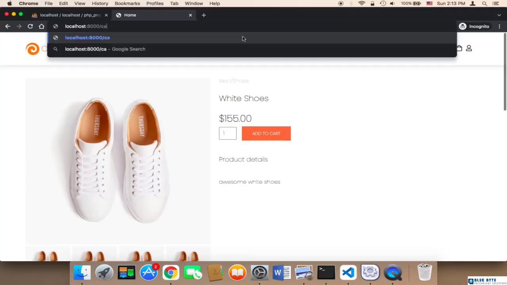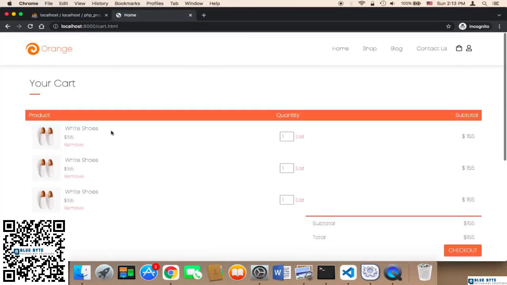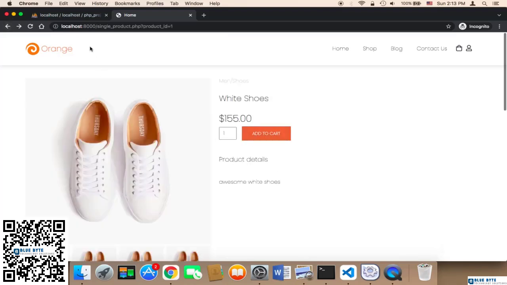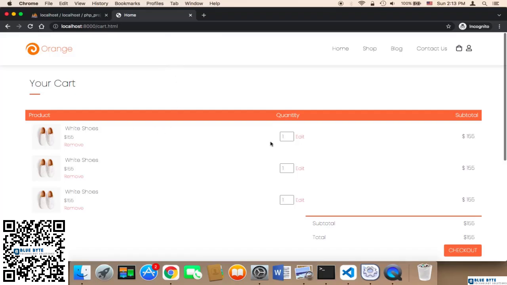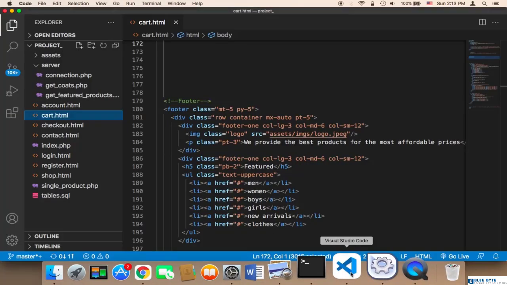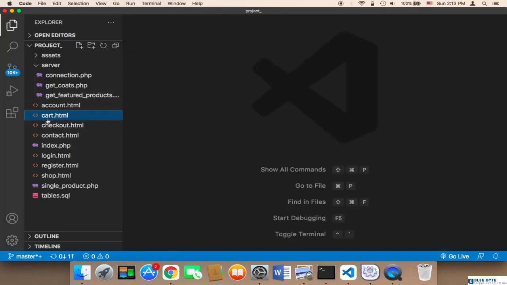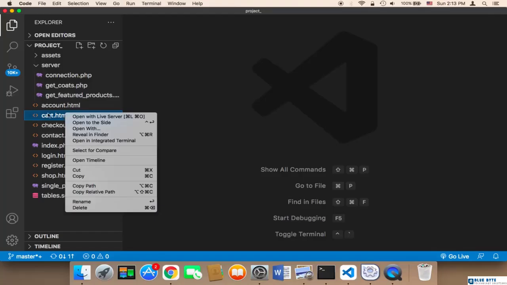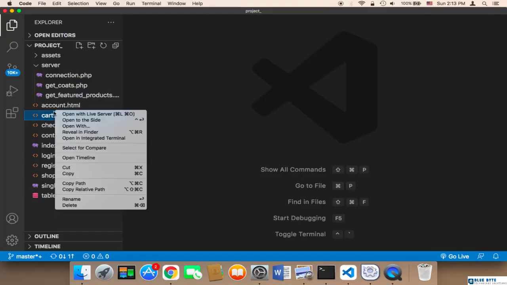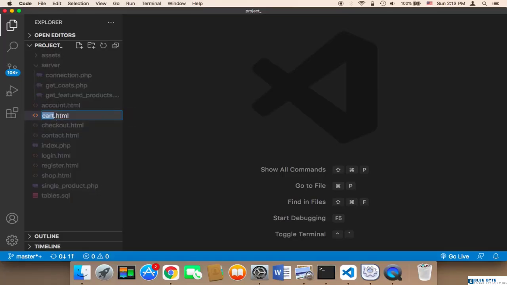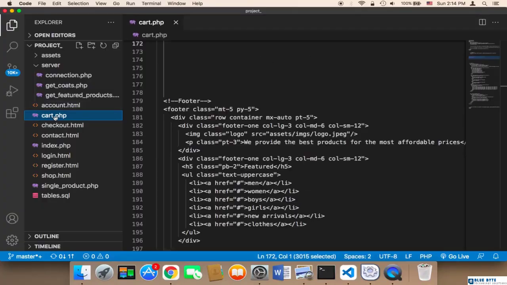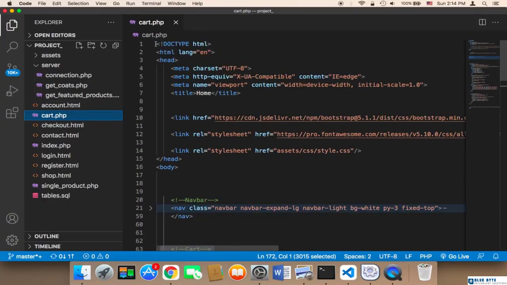I'm going to go to the cart.html, and in the cart page we need to display this product. So for example, if I click on add to cart, we need to take the user to this cart page and display the product that they have added to the cart. And all of this will be done in the cart.html. But first we need to convert this cart.html into PHP. So I'm going to change the extension from HTML to cart.php. And then in this cart page,